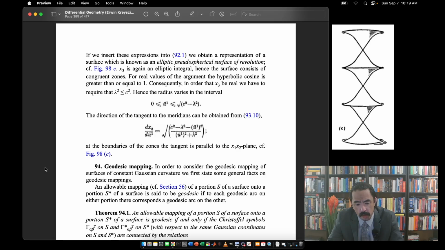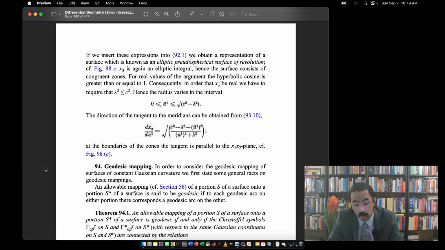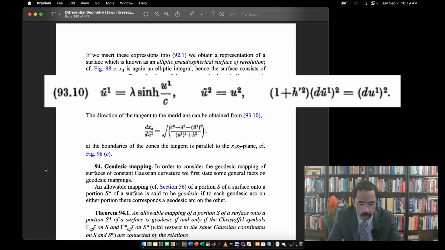For real values of the argument, the hyperbolic cosine is greater than or equal to 1. Consequently, in order that x3 be real, we have to require that lambda squared is less than or equal to lowercase c squared. Hence, the radius varies in the interval u1 bar greater than or equal to 0 and u1 bar less than or equal to the square root of the quantity lowercase c squared minus lambda squared. The direction of the tangent to the meridians can be obtained from the expression